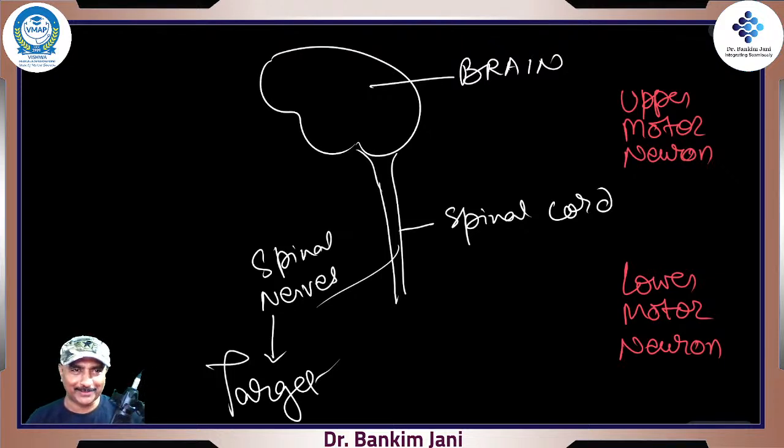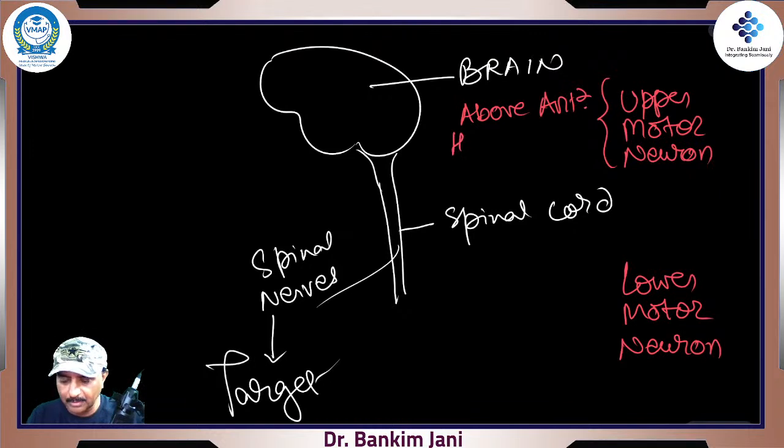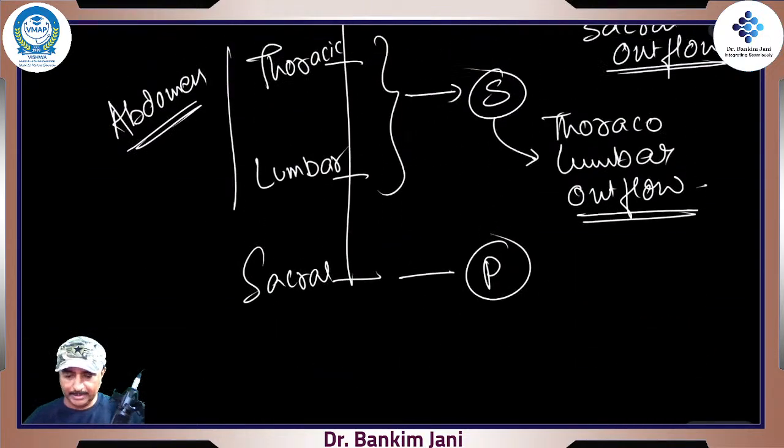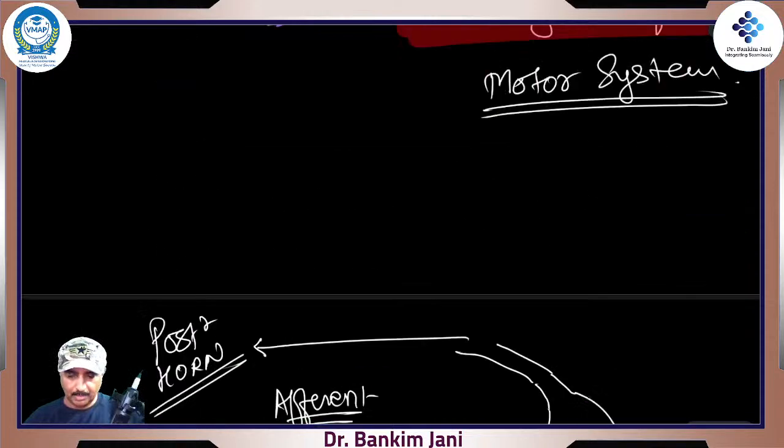So upper motor neuron. It makes complete sense that when I write upper motor neuron, it means it is above the anterior horn of spinal cord. Makes sense? See, above anterior horn of spinal cord. Is this good? Because what was that anterior horn of spinal cord? That was our exit point of spinal nerves, right? So anything above this,